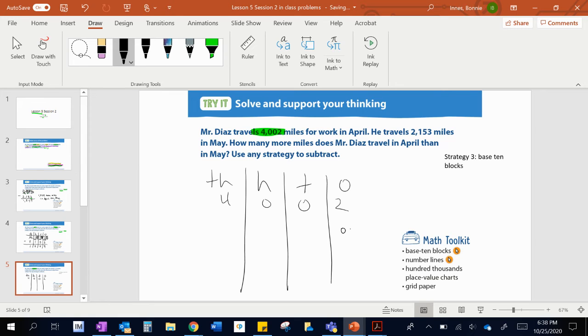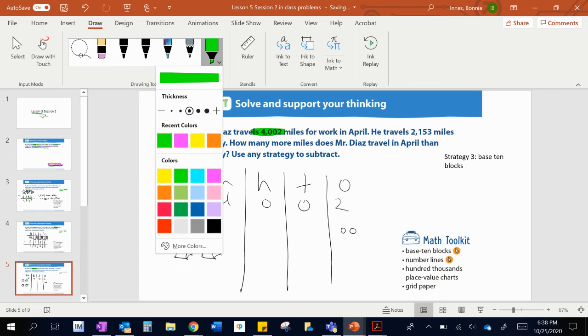So I'm going to draw 2 circles. Nothing in the 10 spot, nothing in the 100 spot, because they're both 0 tens and 0 hundreds. Now to make my thousands, I'm going to make a cube. 1,000, 2,000, 3,000,